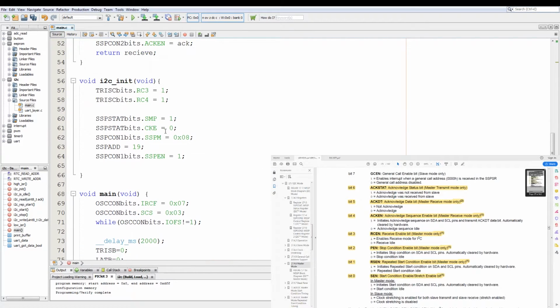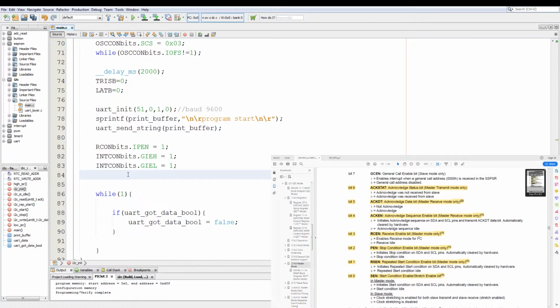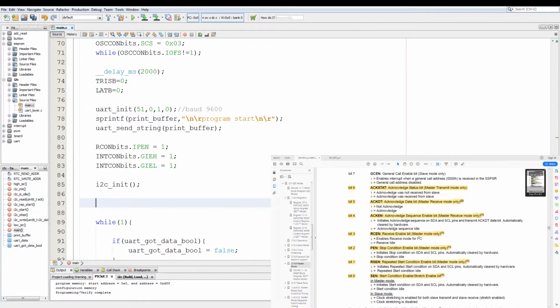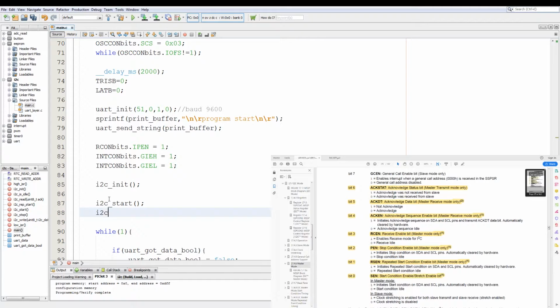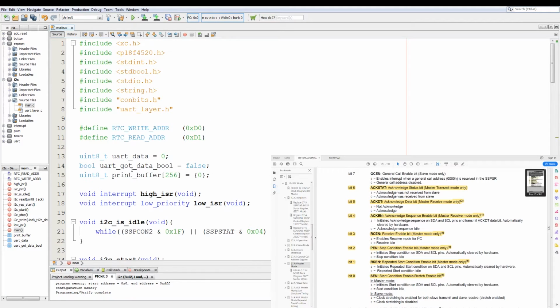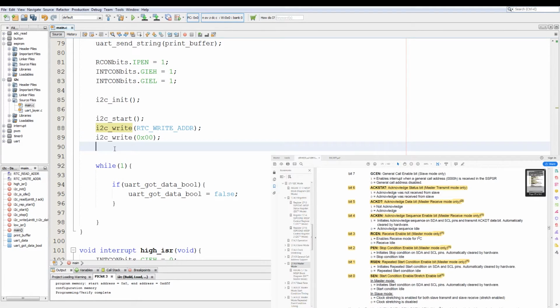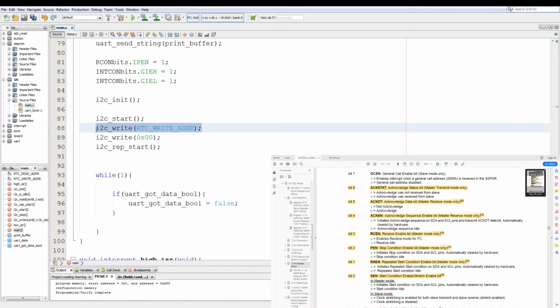Now the first thing we want to do in our main loop is add our I2C init function, and then after that we want to check if we can read from the I2C device. This is done by using I2C_start and then I2C_write. Copy the address above and then followed by another I2C_write to address 00, which would be the seconds register, followed by an I2C repeated start, followed by another I2C_write.